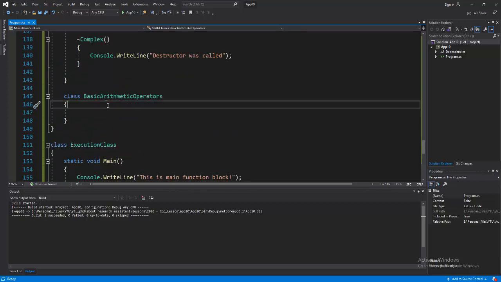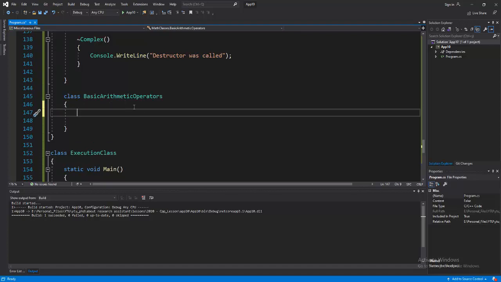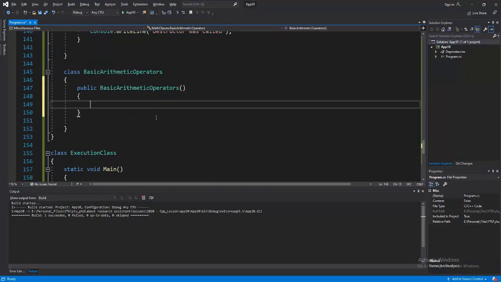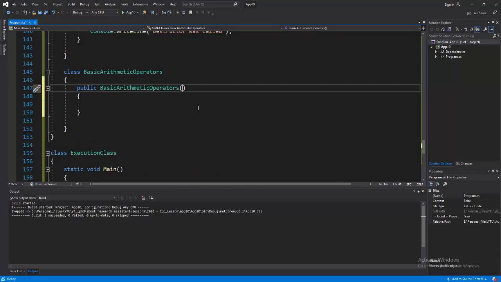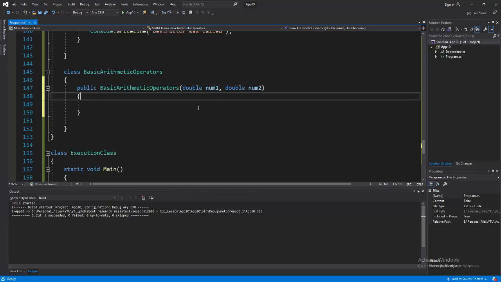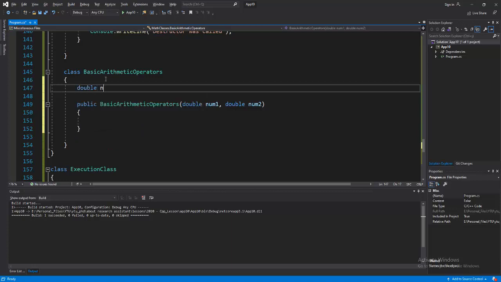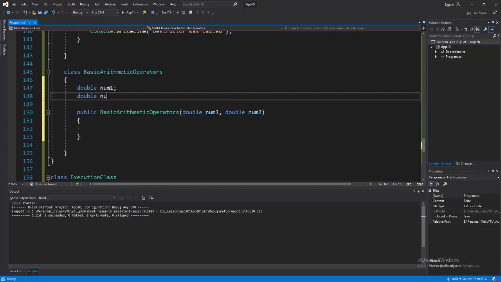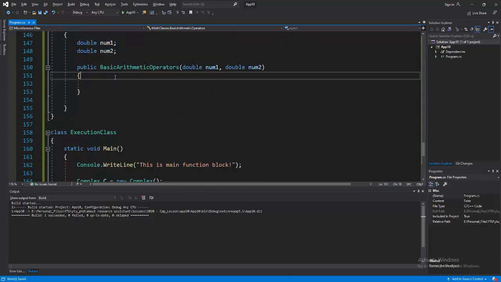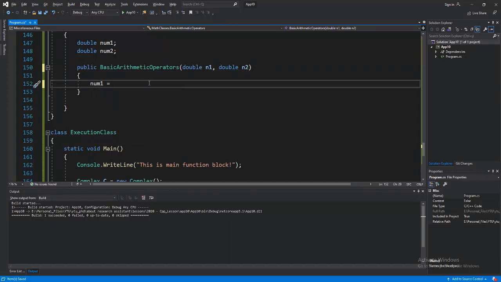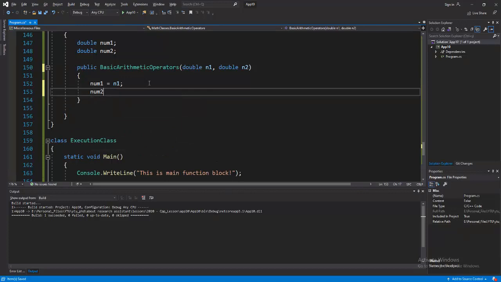Okay, and so the basic arithmetic operators can be defined by the public BasicArithmeticOperators constructor block at this point, and so we have the two variables, double num1 and double num2, that can be added at this point. We need to define double num1, double num2 at this point, and so n1 and n2 are updated to num1 and num2. Okay,